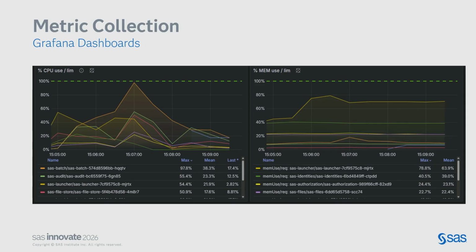In addition to just some kubectl commands, I could also use Grafana, for instance. So this is a simple graph here that's showing services like SaaS Batch and SaaS Launcher. And you see on the left-hand side, it's showing overall CPU usage as compared to the pod's limit. And on the right, it's its memory usage, okay? Anytime you see a big spike, like we see on the left-hand side, where it's coming close to that CPU limit, that's basically a signal to us that says, well, this pod is really using too much CPU. Again, like what I said earlier, Kubernetes could decide to just terminate that pod, and that's something that you want to look out for. Okay?